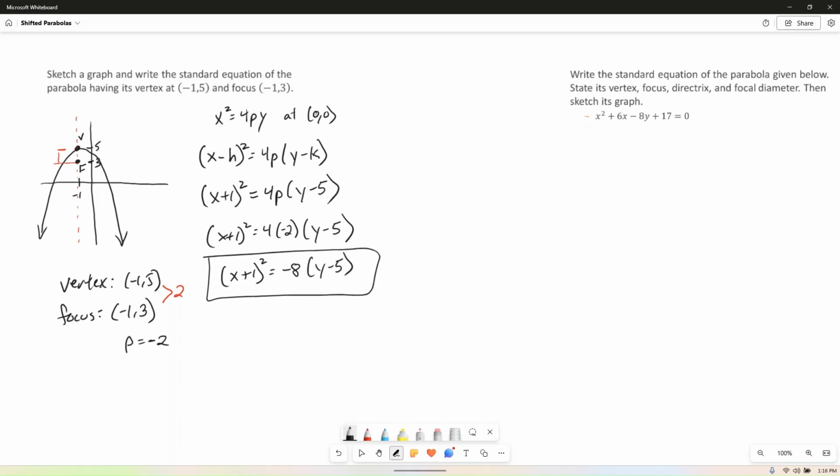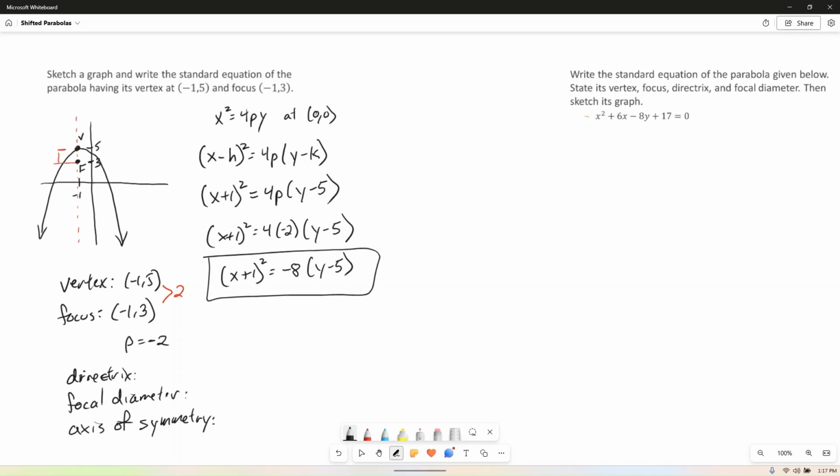Okay, let's do our directrix. And then our focal diameter. And we can go ahead and do our axis of symmetry, which we've already kind of observed here. Axis of symmetry. Okay, so the